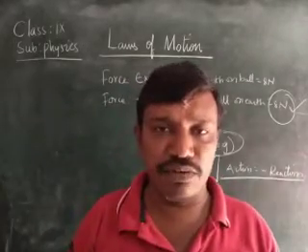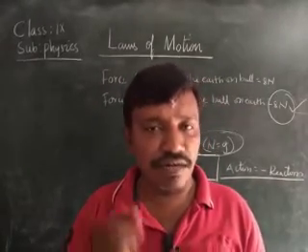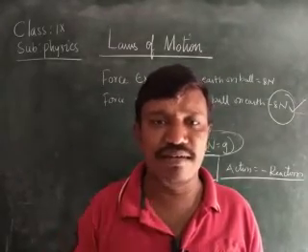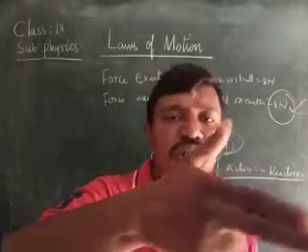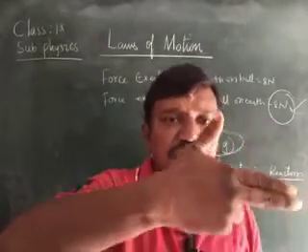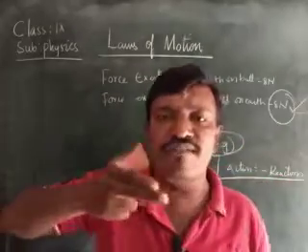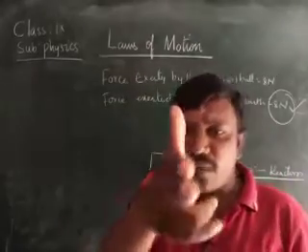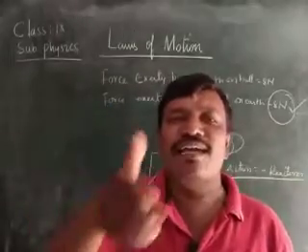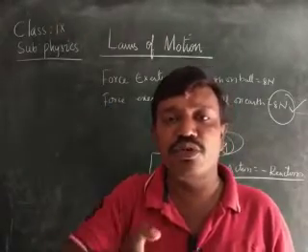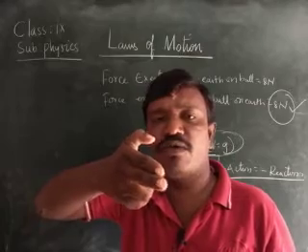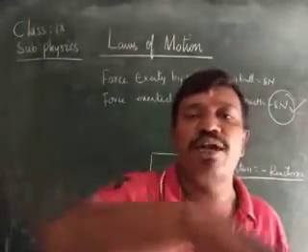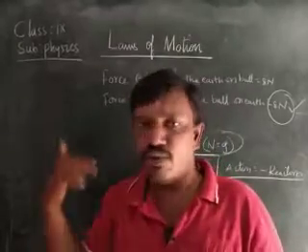Okay, children. In the same way, we can see policemen using a gun. When the bullet is moving forward with a high velocity, they will be holding the gun very tightly. Normally in the movies they show it being held very simply, but it's not like that. They should hold it very tightly, stiff. Why? Because the gun will be moving in the backward direction with the same velocity as the bullet moving forward.